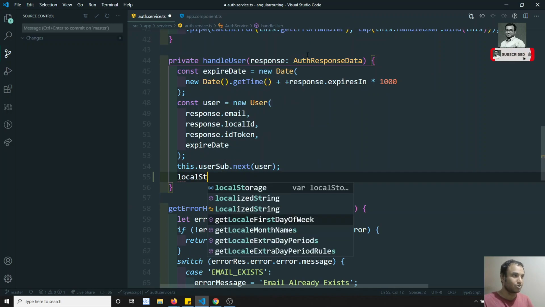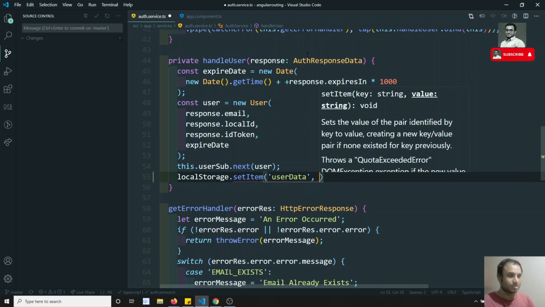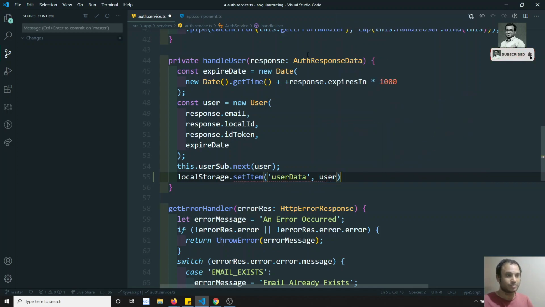We can use localStorage.setItem. In order to set the data, we need to give the key identifier first. You can give whatever name you want; I am giving userData. And here I need to save the data. We cannot directly give the user like that, because user is an object and the local storage will save only string data.